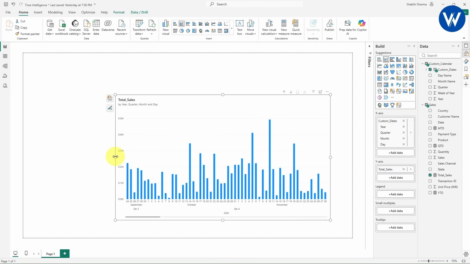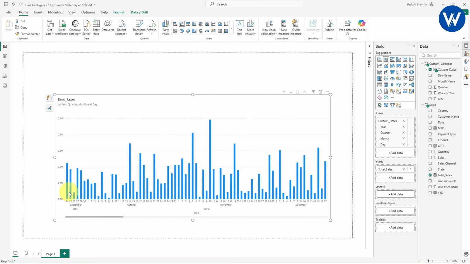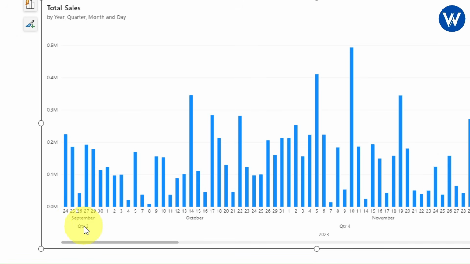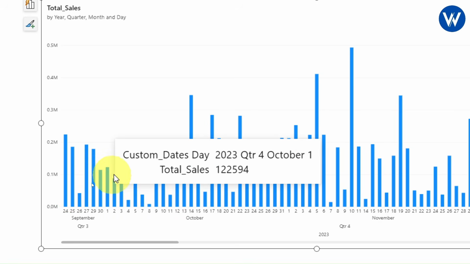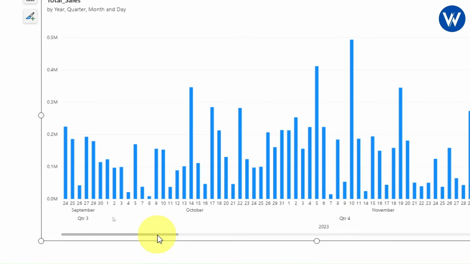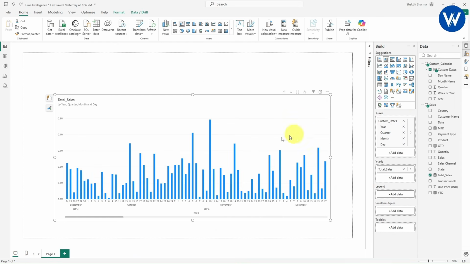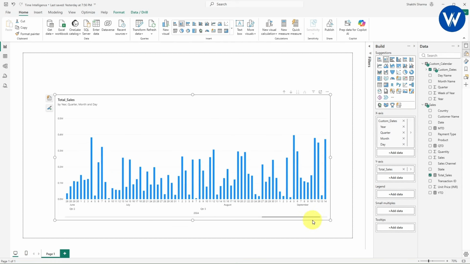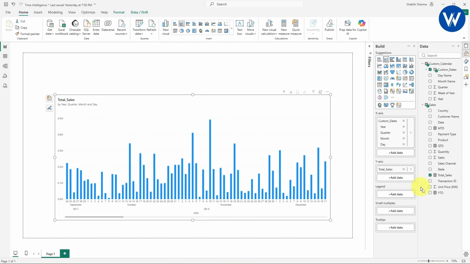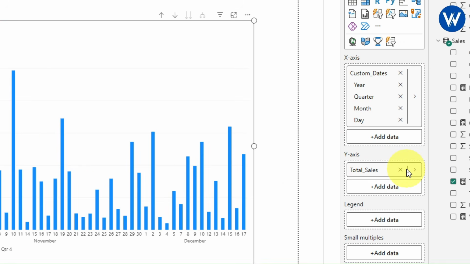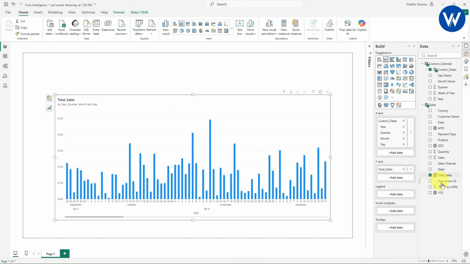Now look here guys, finally we can see complete day wise. Let me zoom in and show you. This is the September month, and these are the sales for each day, 24, 25. Here we can see the sales for each day. But with the help of MTD, we can find the cumulative total. If you want to see the month-wise total sales for each month, it is possible with the help of MTD. Now let me show you guys. Simply you need to remove the total sales from this, or what I will do, I will just drag the MTD measure. This is the MTD measure, right? Drag it inside the y-axis.